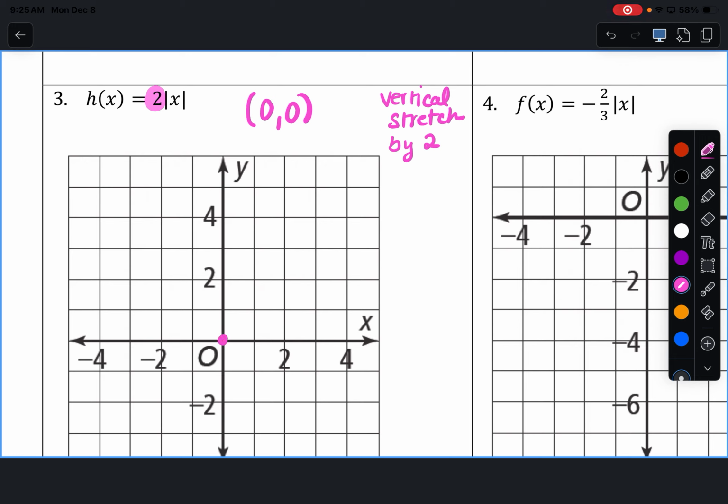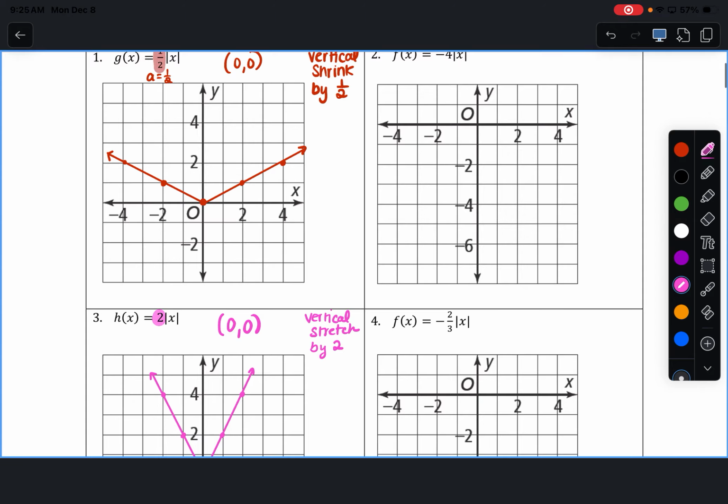Okay, so we put this point at 0, 0. Now, what is the slope of the sides of the V going to be for this one? Up 2 over 1. So draw our graph. So a stretch is greater than 1, and a shrink is between 0 and 1. Okay, so we're going to go ahead and look at